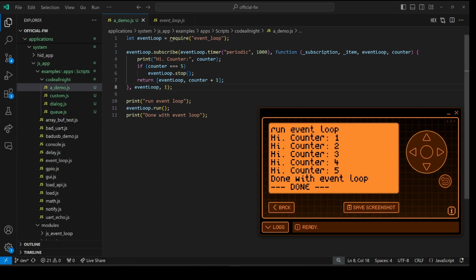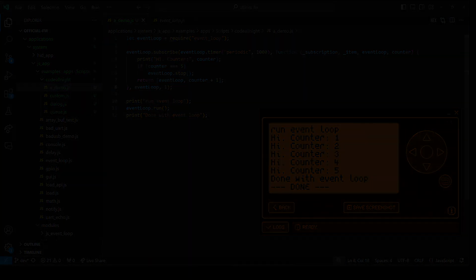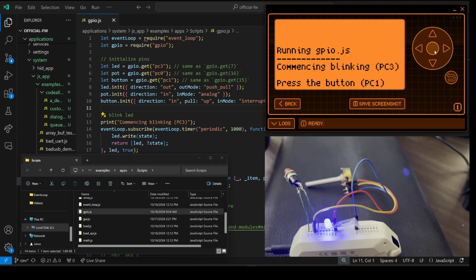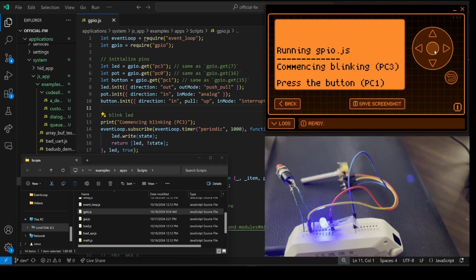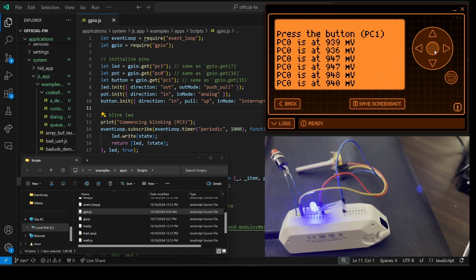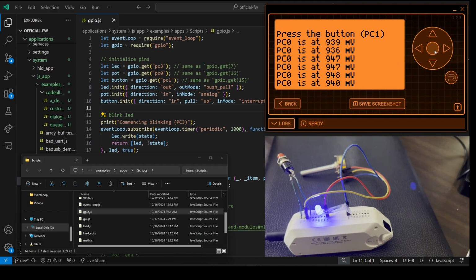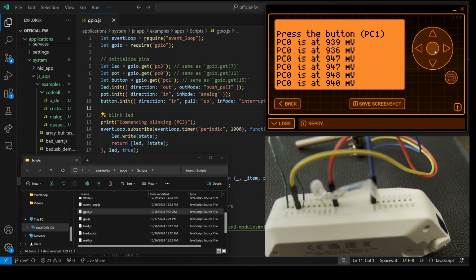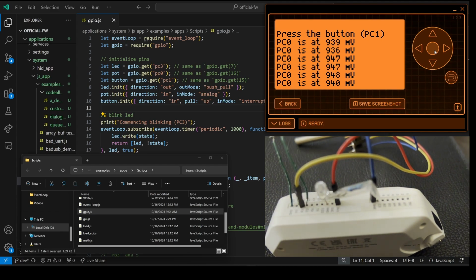So now we understand how event loop subscribe works and the event loop timer. Let's take a look at GPIO. We'll start by running the GPIO example script. And you can see the light toggling its state 1 time a second. And when I press the button, you can see we're reading the value of the potentiometer. The switch isn't a perfect signal, so we do get a few different values read when we press the button